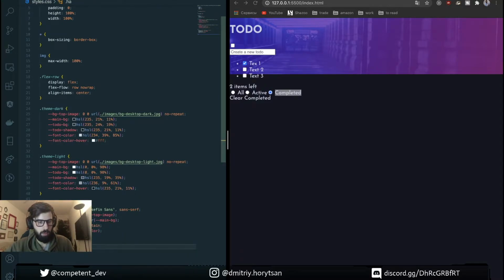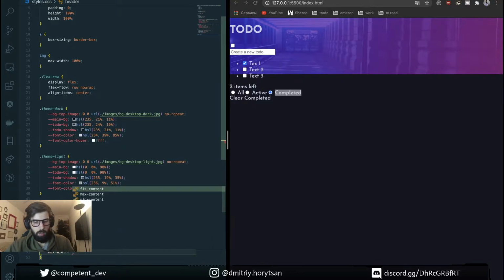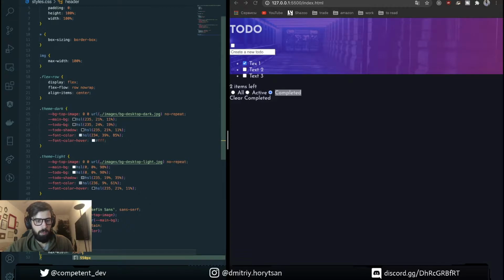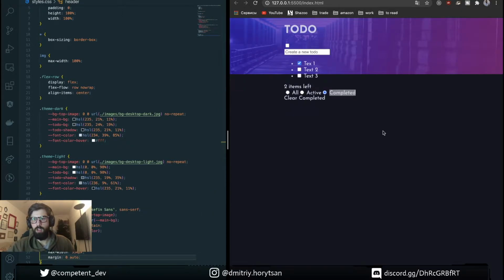So it will be header and main. Max width is gonna be 550 pixels, and we should align it on the center. For this we're gonna use the margin property, 0 auto, yeah, on the center.